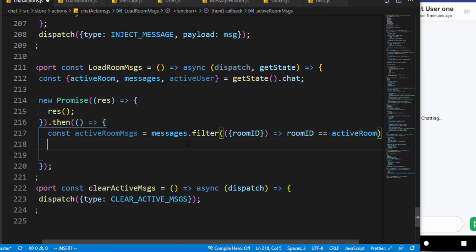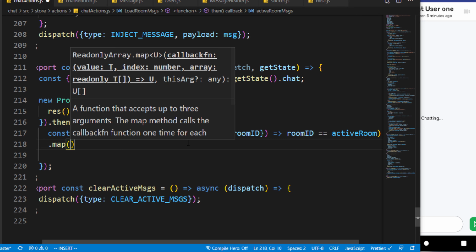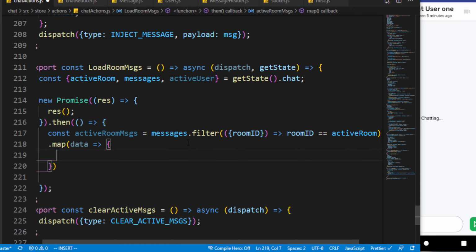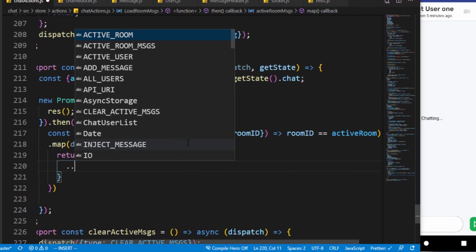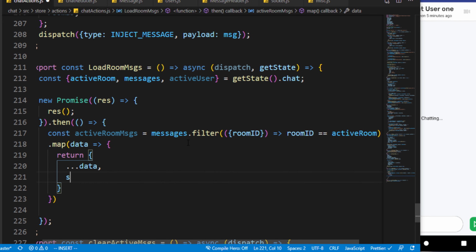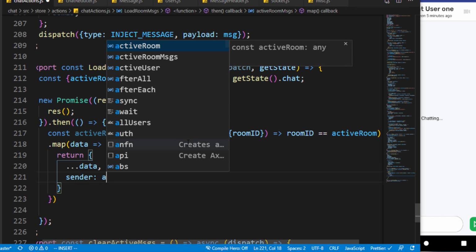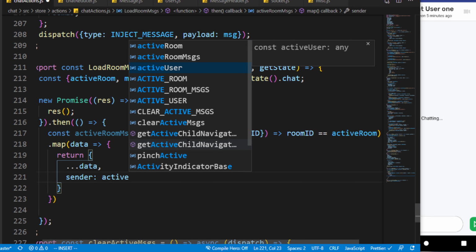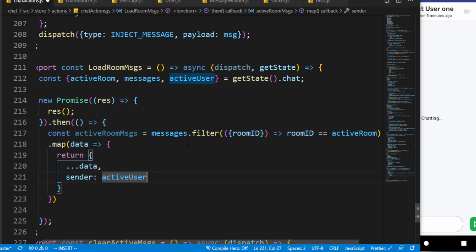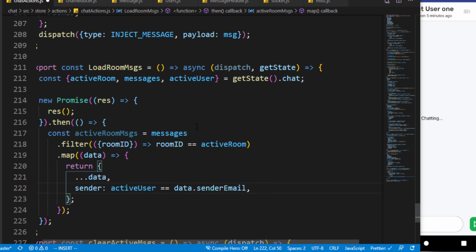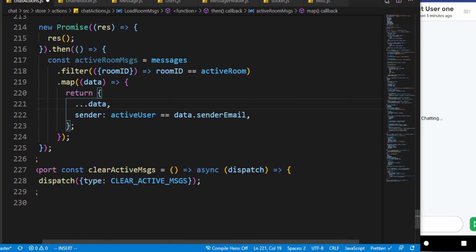When we are done with this, we map everything to this data, and then we return a callback. Inside this callback, we return everything from the data, except that we replace the sender. We say if the active user, because the active user is the current email address, equals the data.sender email, then it's going to be true,